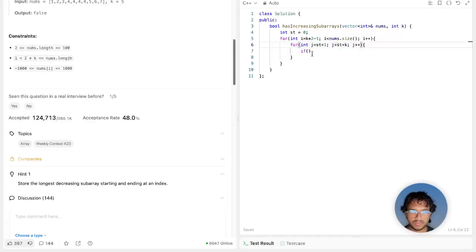If nums of j is less than nums of the previous one, j minus 1, then